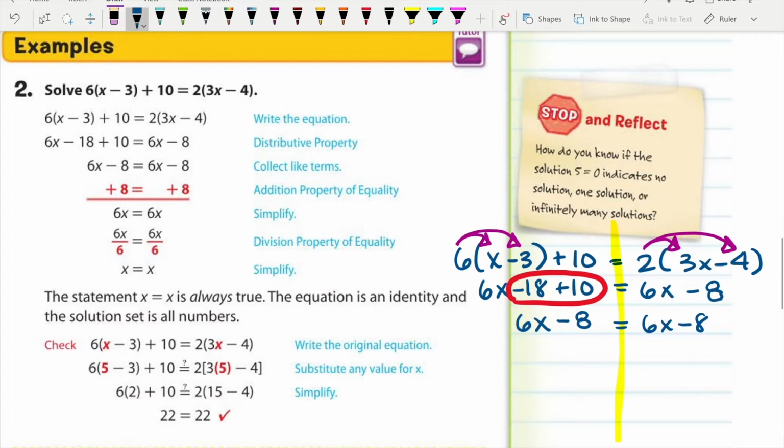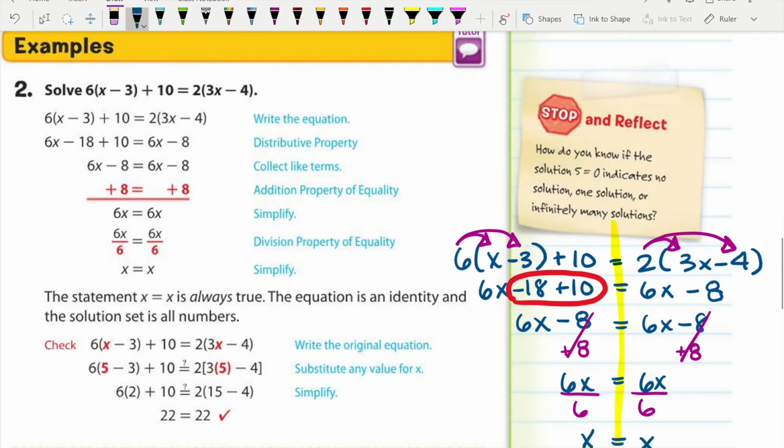Notice at this point, the left side is exactly the same as the right side, but we can continue on and solve for the variable. We have made a 0 pair here, and we have made a 0 pair on the right as well. On the left side, I have 6x. On the right side, I have 6x. So we're going to divide both sides by 6. So now our coefficients are 1. So you have 1x on the left, and you also have 1x on the right,